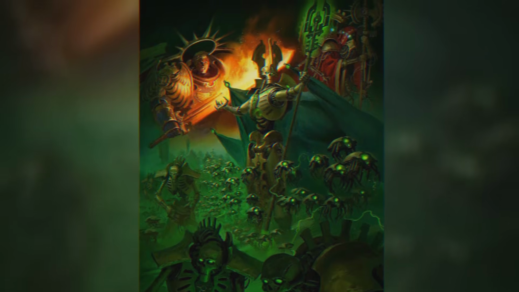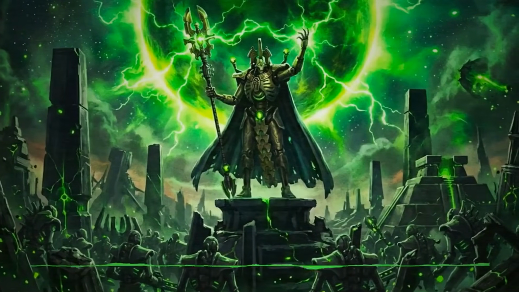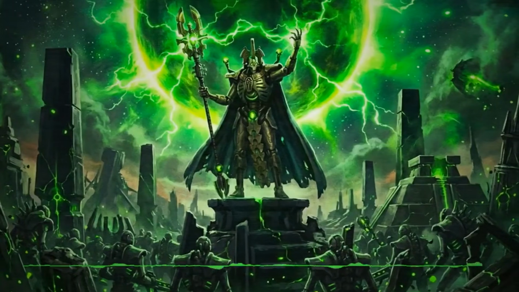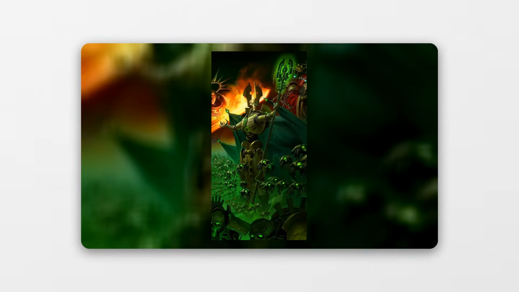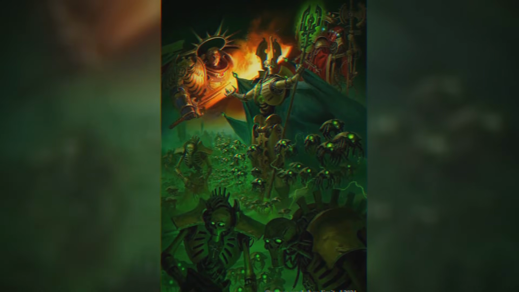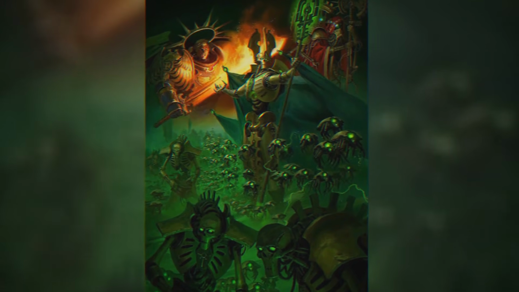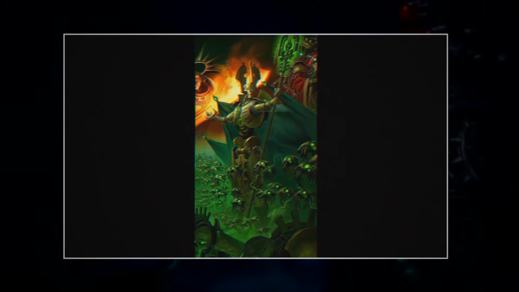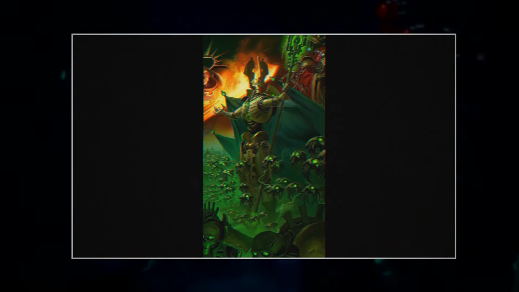Zarek understands too late that he has not saved his people but damned them to a fate worse than the cancer that threatened them. Zarek rallies the Necron dynasties to turn against their C'tan masters, initiating a second phase of the war that will be remembered as the greatest act of rebellion in galactic history. It is a testament to Zarek's will and cunning that he manages this feat at all, for the C'tan's control over the Necrons is profound, woven into the very code that governs their mechanical bodies. But Zarek is the Silent King, the greatest of all Necrontyr rulers, and he finds ways to work around the restrictions. He begins subtly planting seeds of doubt in the programming of other Necron lords, those few who retained enough autonomy to question their servitude.